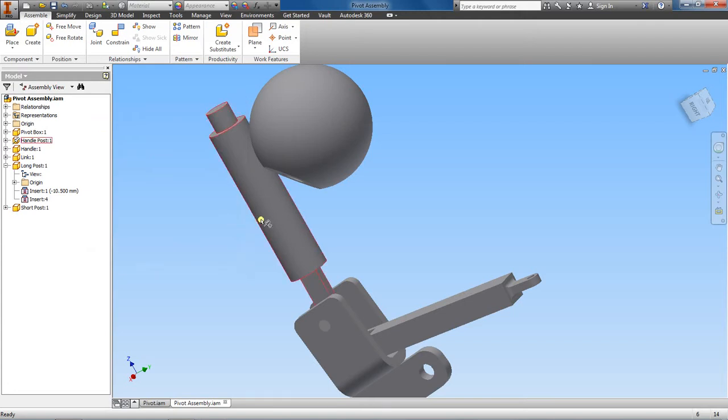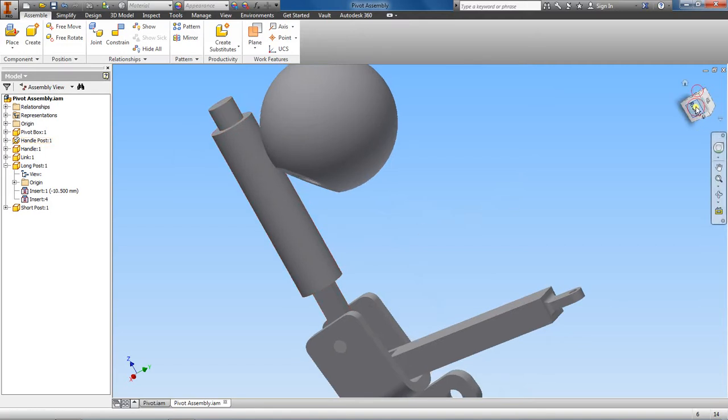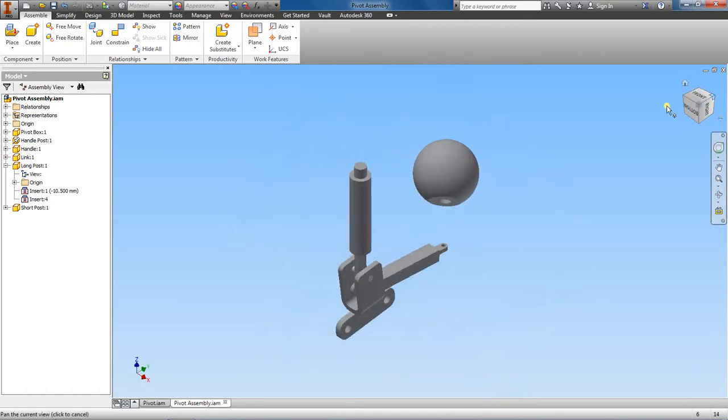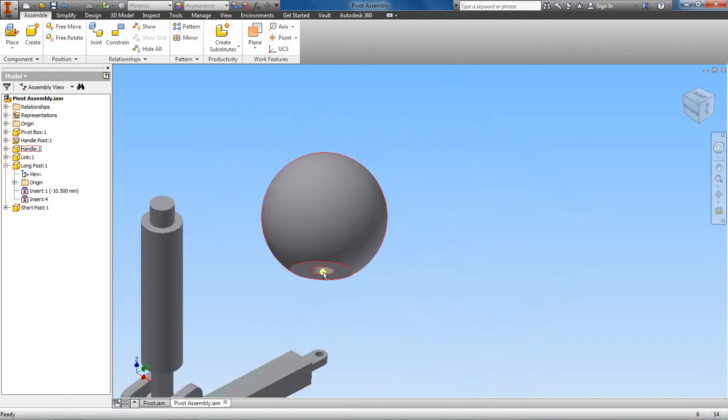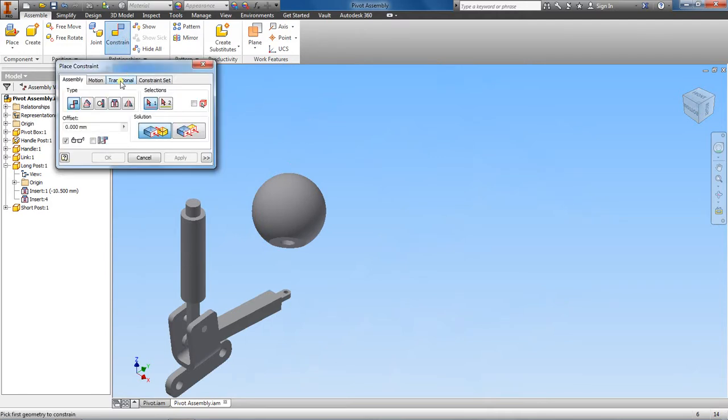Right, finally, let's go ahead and assemble the handle onto the handle post. As you can see, this is a circular shape here, and it is going into this hole here. So when I go to constraint, the best assembly option to choose would be insert, and we are